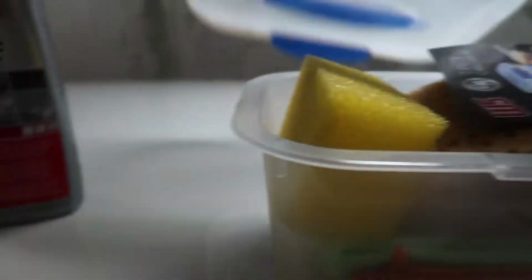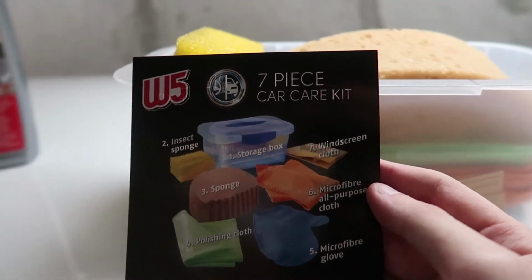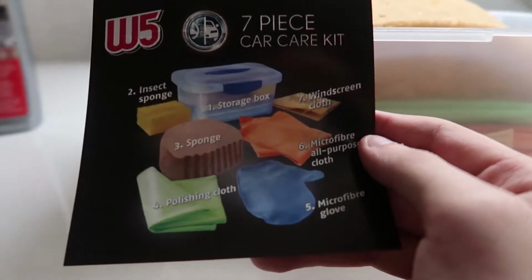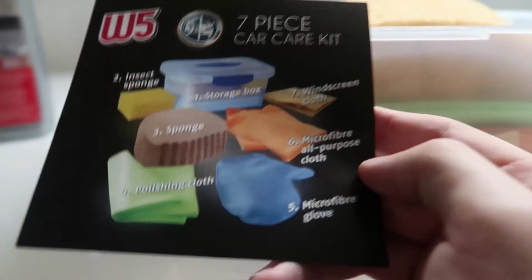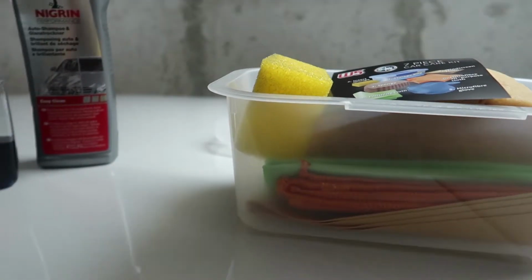Let's open it up. I got this one from Lidl for a couple of bucks, so that's not really expensive. And you get this box, you get an insect sponge, a sponge, polishing cloth, microfiber glove, microfiber all-purpose cloth, and a windscreen cloth. So I'm going to use the sponges, but first of all I'm going to use this